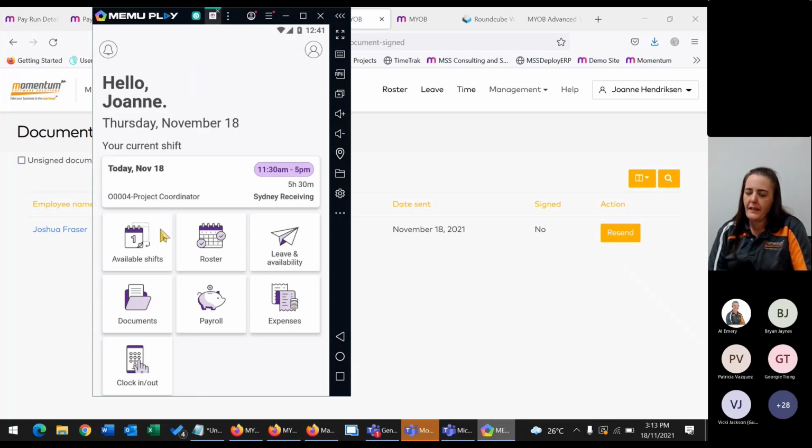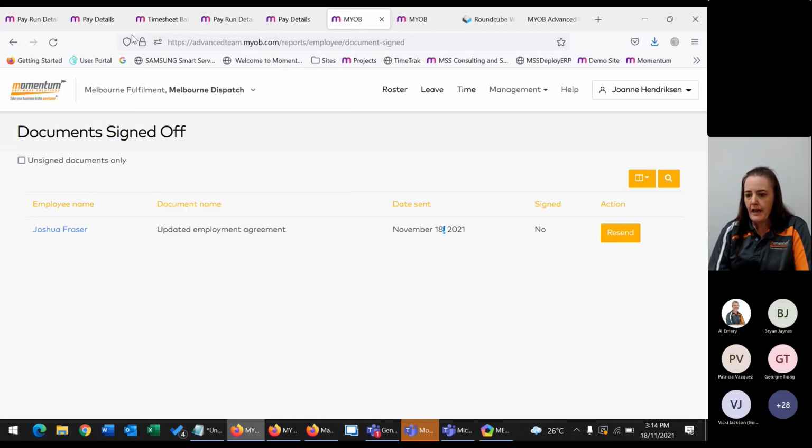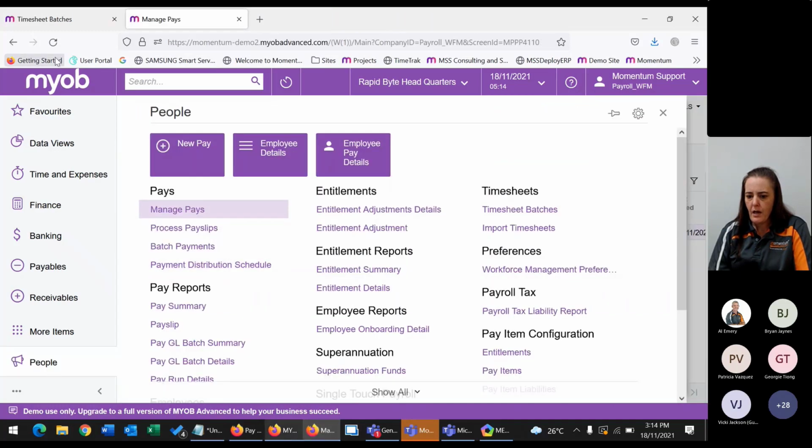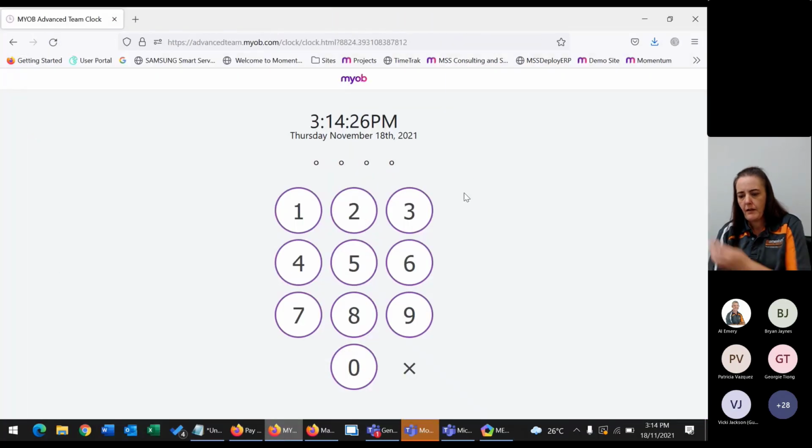So the employee app that comes along with the workforce management is really quite responsive. We have the ability to clock in and out on the app if you so please. That's an option for you. It does actually do a geo stamp so that you know where they are when they're clocking in and out, so they can't clock in and out from down the pub without being found out. You also have the ability to use a built-in clock, which can be used either on a PC like this or can be on a tablet in a particular area of the company.